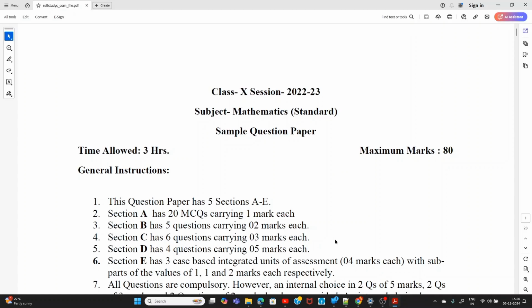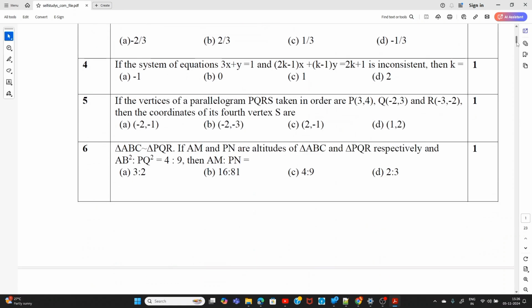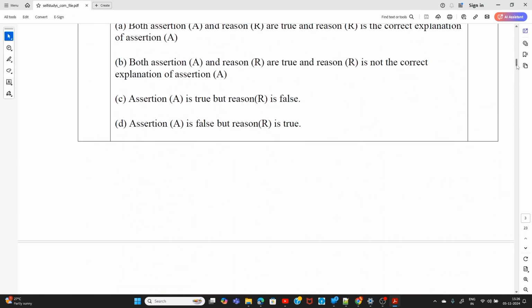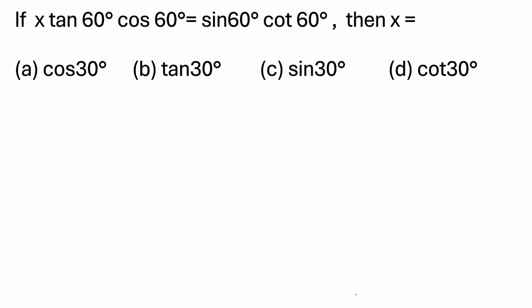Hello all, let's discuss the sample question paper today, and from this we are selecting the trigonometry questions. This is the question paper, and the previous year board exam questions are included in this sample question paper. Let us discuss that. If x tan 60 cos 60 equals sin 60 cot 60, then x equals,